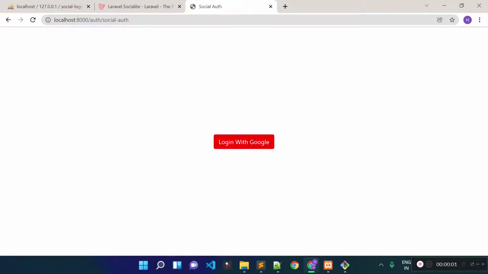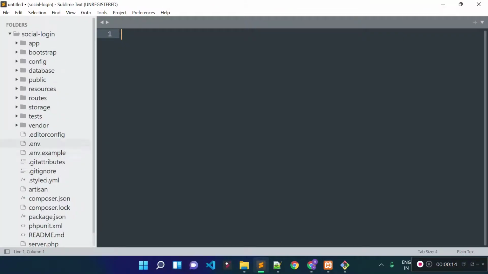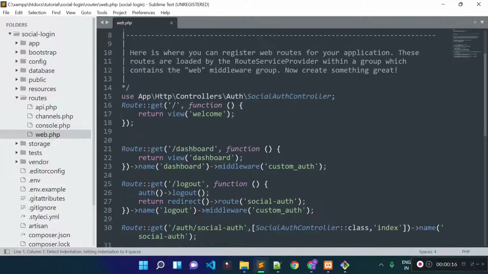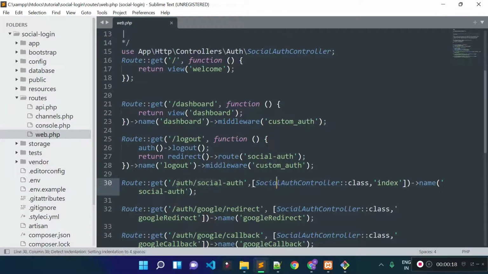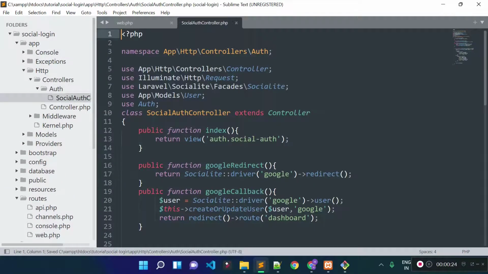In this lecture, I am going to implement login with GitHub in Laravel. In the previous lecture, I already implemented login with Google, and in this URL, I am displaying this social auth button. If I check our web.php file, this URL is calling social auth controller's index method. And if I open our social auth controller, you see from this index method, I am returning this view file,